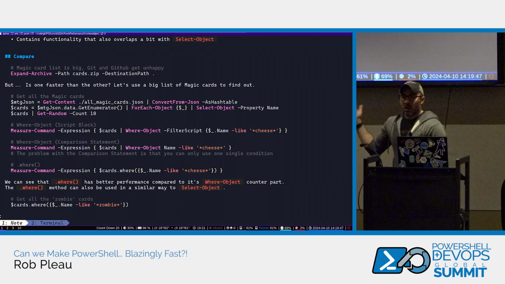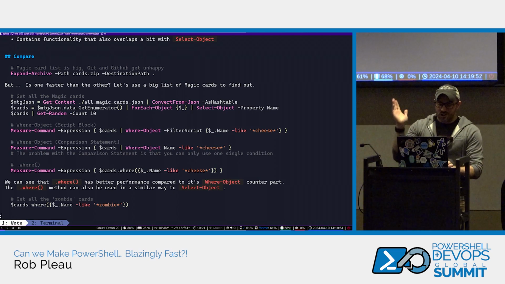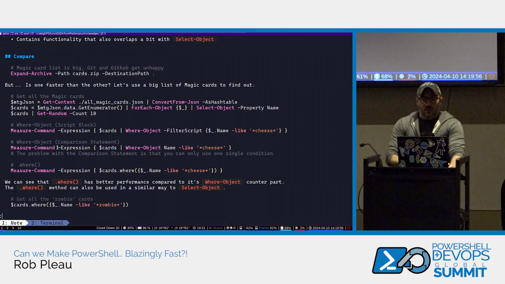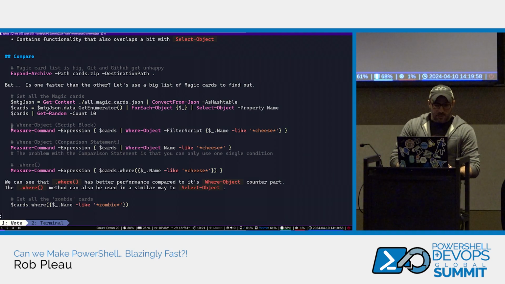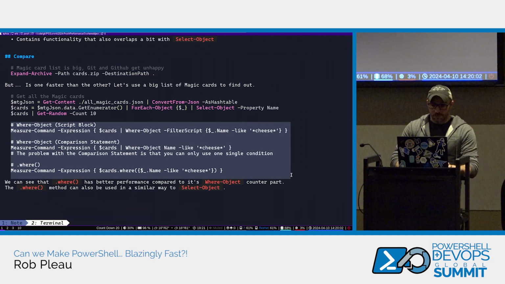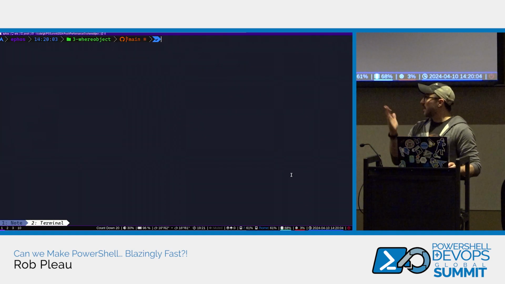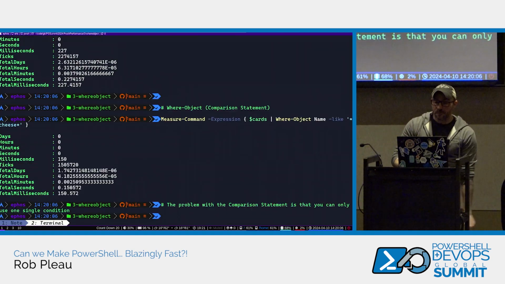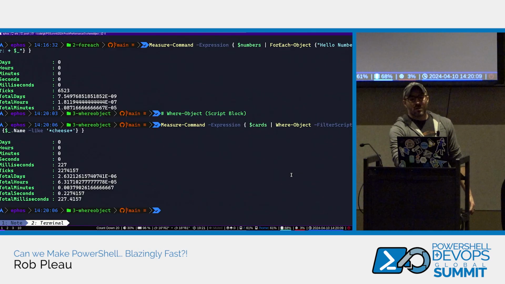There actually are Magic cards that have cheese in the name. So these are, I could show you after. I think there's 2 in the whole set. And yeah, we're going to do the magic method. And I'm just going to copy all these because I want to keep this moving. I don't like typing in demos. That's why I do a lot of copy paste. But so let's just take a look at